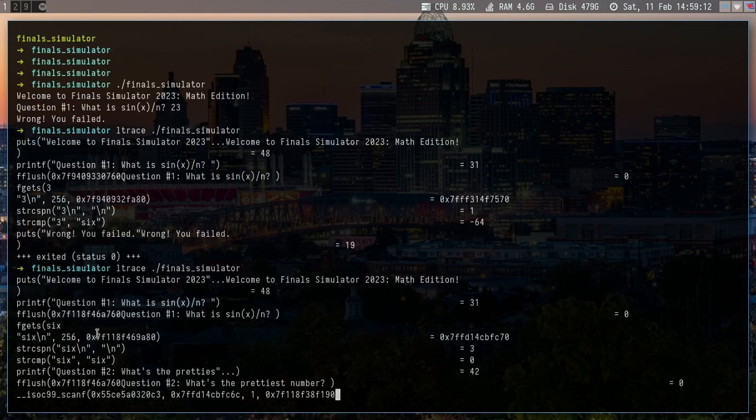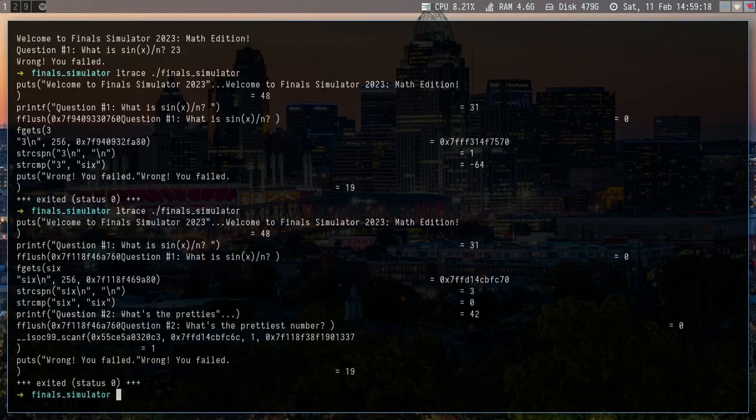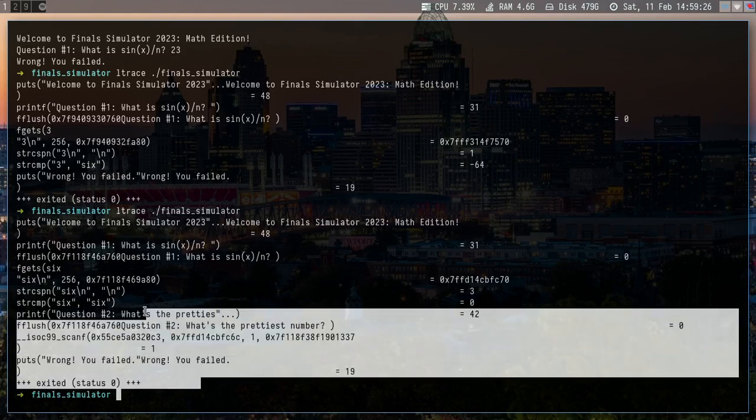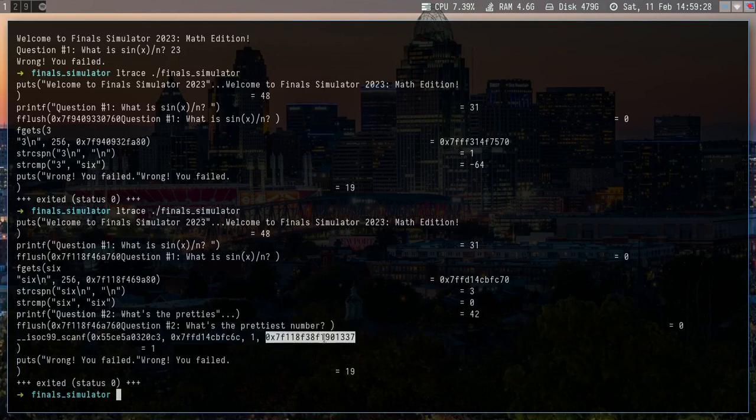So we give it 6, and it continues to ask us what's the prettiest number. I'll just give it the lit number, I guess, and we're told wrong, you failed. That's interesting, because now we don't have a way to check how that lit number is compared. So the next thing I would think of is just using radare,